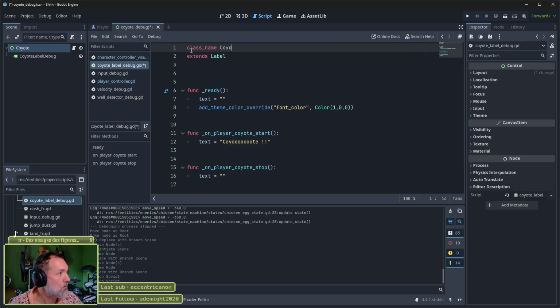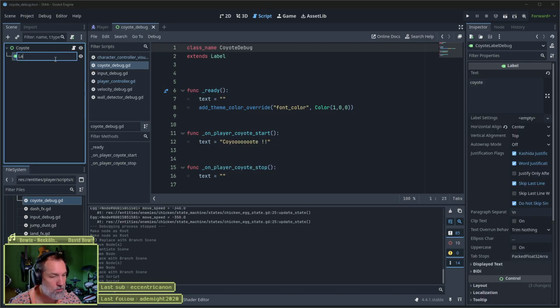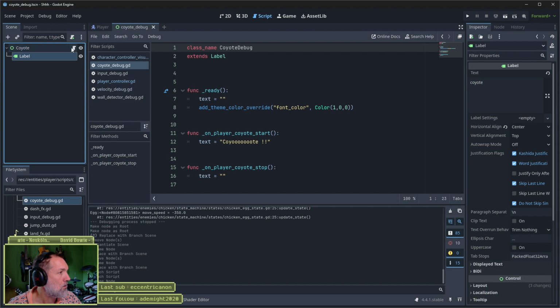This guy has a class name called coyote debug. Sorry, coyote debug. Coyote label debug. Yeah, let's rename it. Coyote label is enough. We have label here, and